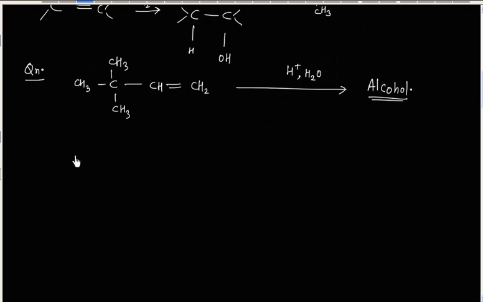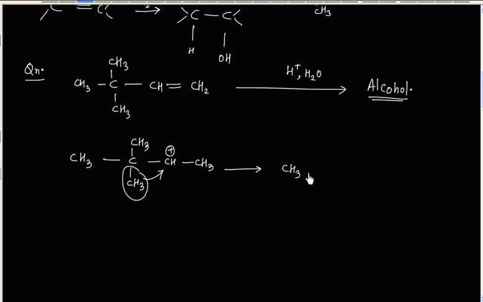Once again, in the first step, we will generate the carbocation. Now this carbocation can rearrange to give more stable carbocation by a methyl shift. So if I shift methyl group, I will have